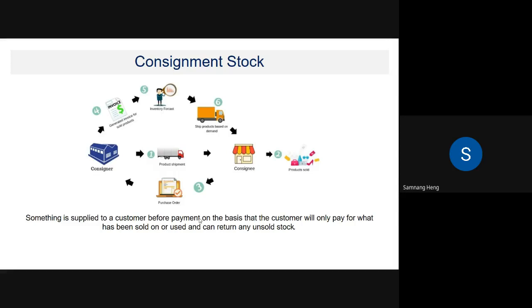So when the consignor introduces the oil to the consignee, to the buyer, the retailer or whatever, they already set the price. If the consumer buys the product, the consignee could set their own price when they sell it to the consumer. And yeah, the net profit belongs to them. They take all the profit.